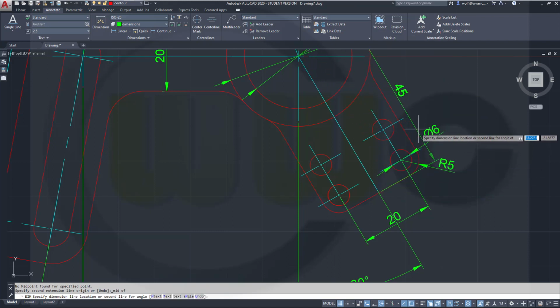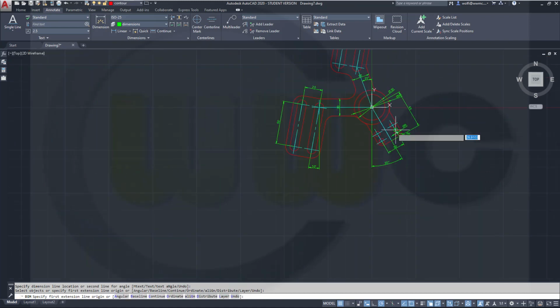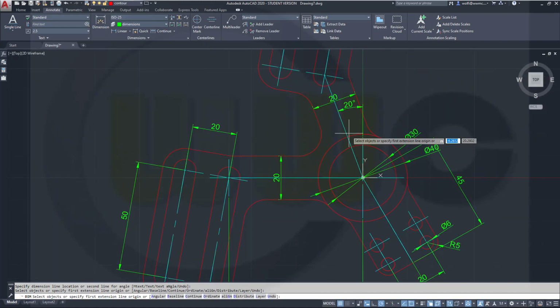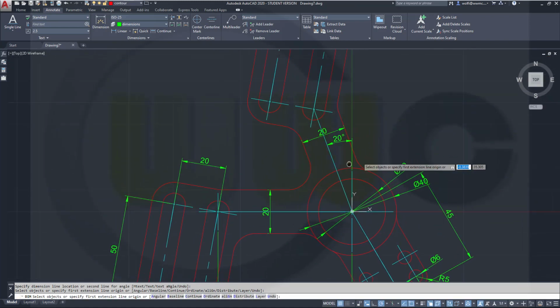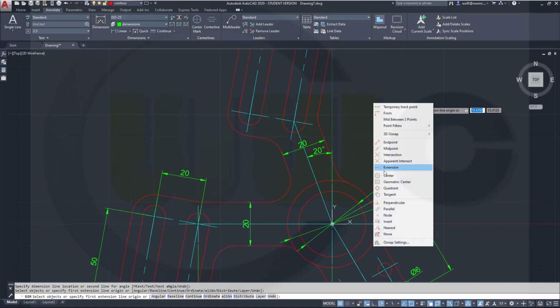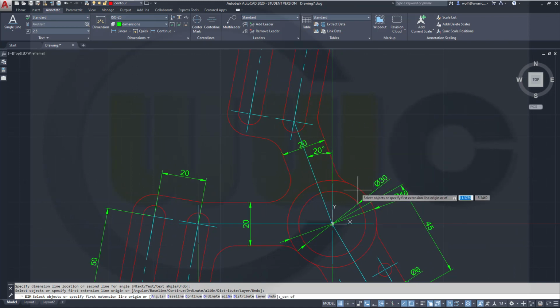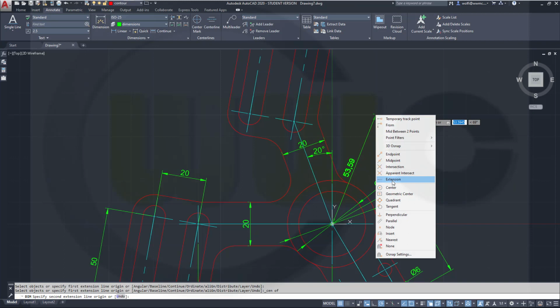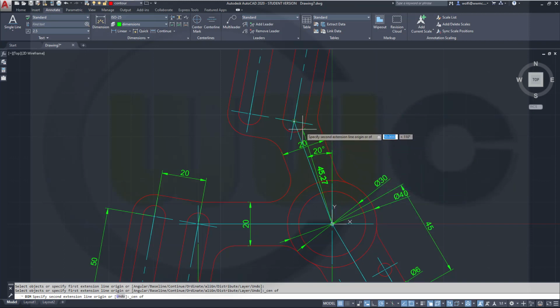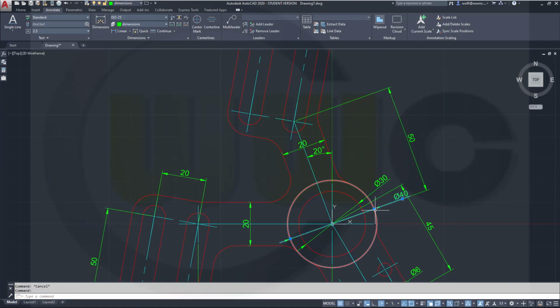Midpoint, that's the 45, yes. Then there's another center to center here, that's the 50. And maybe move this a little bit so it's easier to